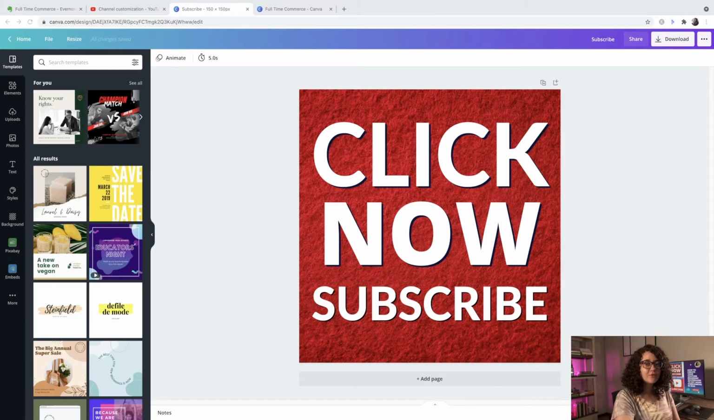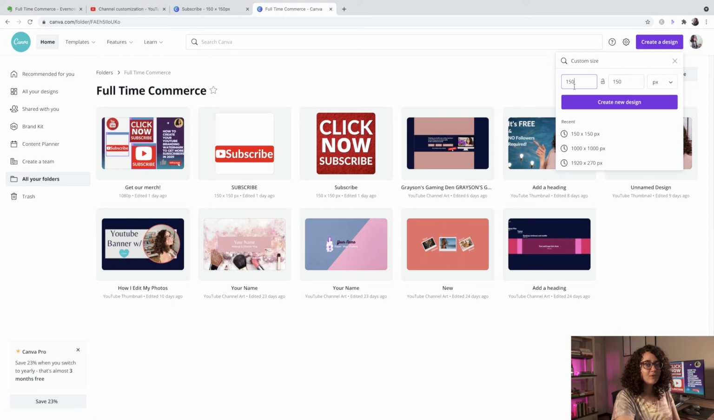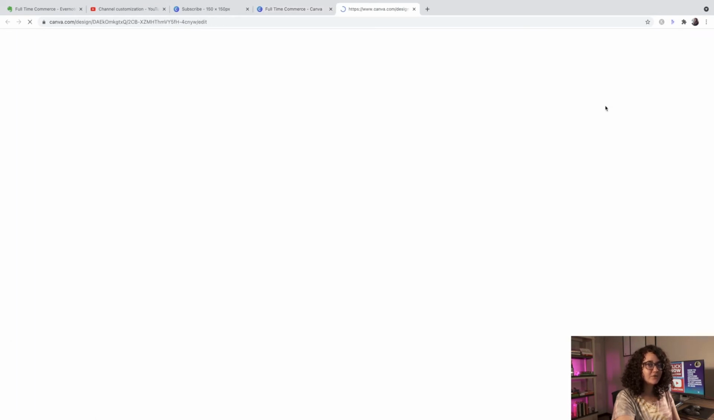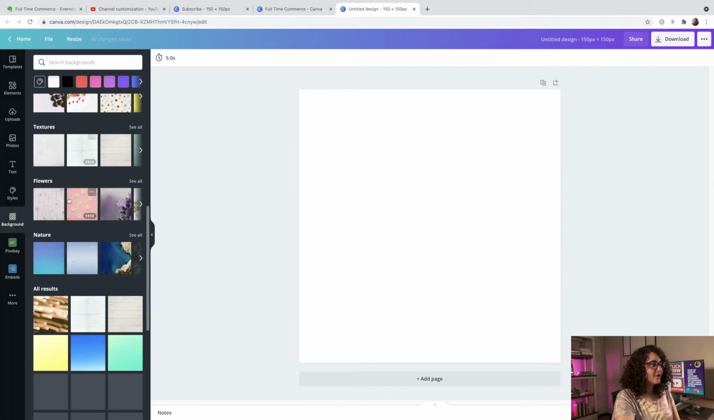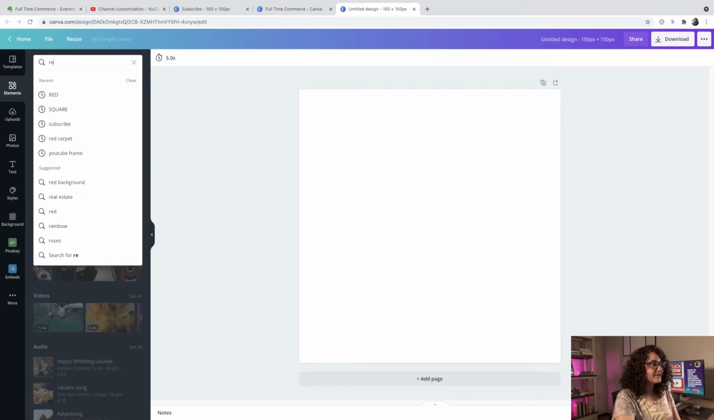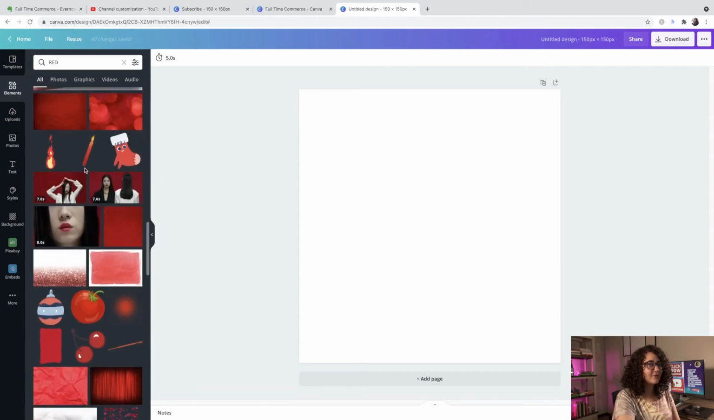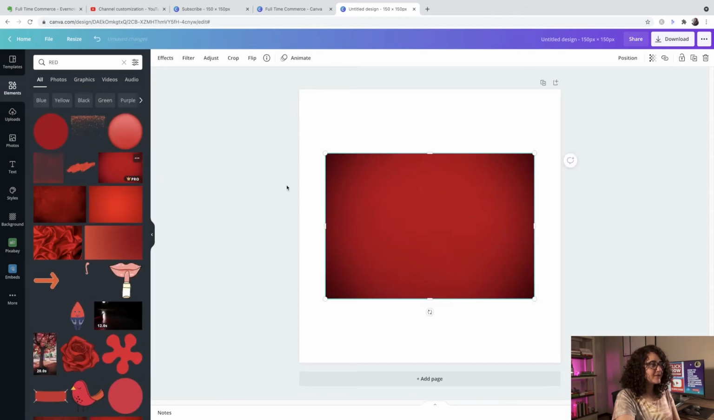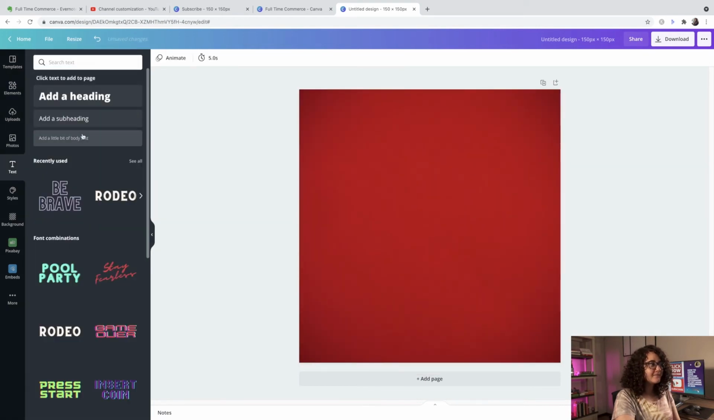Let's create this YouTube branding watermark. So go to your Canva subscription, click on Create a Design, Custom Size, and type 150 by 150 and create new design. Canva has lots of ideas for background that you can choose by looking at background, also photos, and also elements. Elements, I'm gonna type red, and here we can see that Canva has lots of designs that we can choose from. I'm gonna choose this one, set image as background, click on text, add a heading,